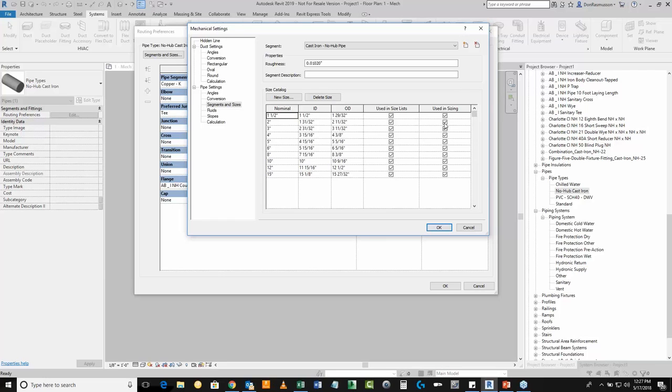Another very important thing to check for validation for analytical purposes is your roughness value. We want to make sure that this is a valid number based upon, again, the pipe material that we're using. Obviously, things like PVC, CPVC, ABS, basically any plastic pipe have a much lower roughness value, right? Because they're a much more smooth surface. Something like cast iron has a higher roughness value, obviously, because it has a little bit more friction when something